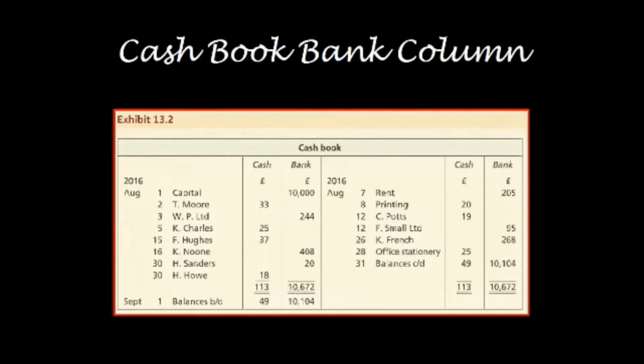The column that we are focusing on is the bank column here, this column, and this column here. So when you're doing a bank reconciliation statement, you ignore the cash column because that money does not go down to the bank. What you are reconciling is this cash book that you have here